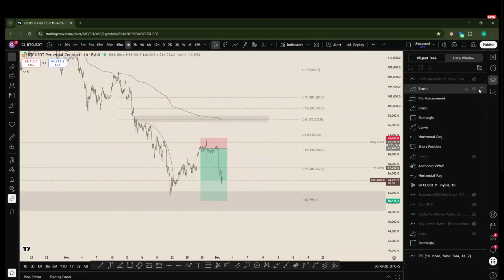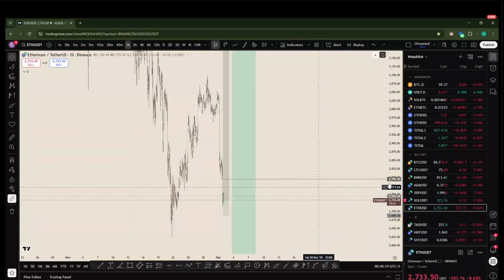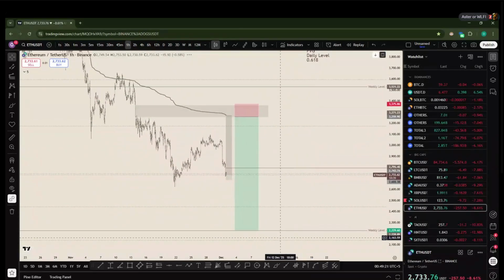There is no long opportunity on the Bitcoin. Don't try to force the long trade right now. If you want to trade long, just do scalps at the max. This is our Bitcoin trade plan. We are expecting a rejection from the 96K, 97K area, and then we're going to look for shorts from there. And this is our Ethereum plan. We are looking to short from